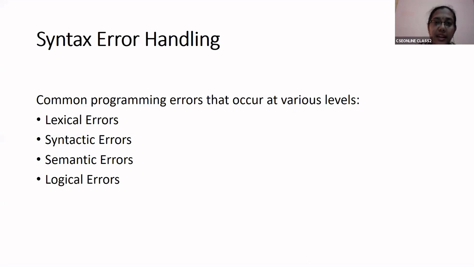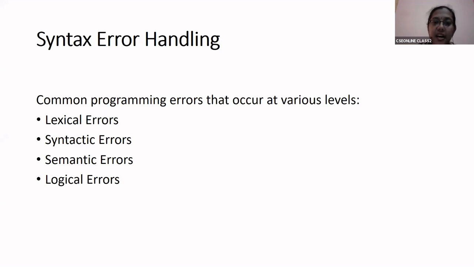Everybody would have executed C programs or high level programming language instructions. When you write a program and try to compile it, have you come across all these kinds of errors? You must have come across syntax errors, or syntactic errors. So who is putting this message to the user? It is this phase of the compiler which is doing these jobs: checking for the error and categorizing what type of error it is. Now coming to each type of error. What is meant by lexical errors?